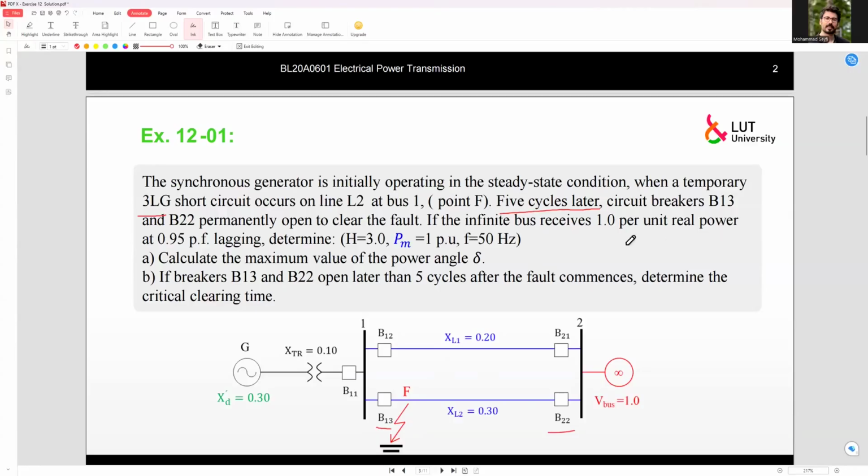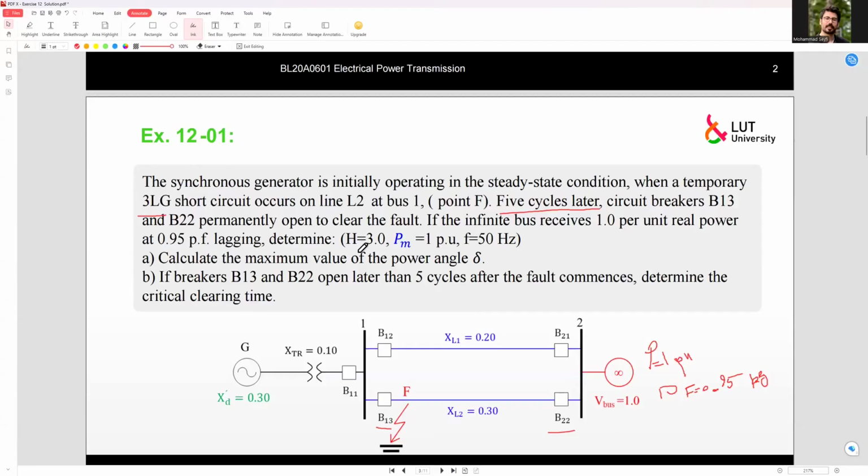If the infinite bus receives 1 per unit real power, so we have power here equal to 1 per unit, and also the power factor is equal to 0.95, and it's lagging. Calculate the maximum value of the power angle delta,